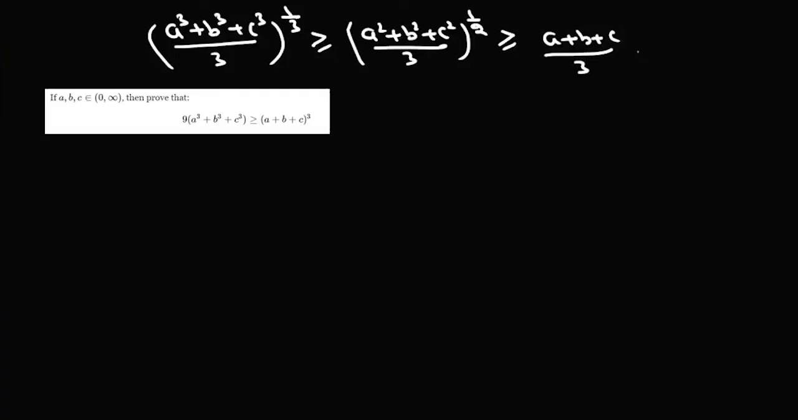Say for example, it says if a, b, c are positive real numbers. So we have positive real numbers a, b and c, and we have to prove that 9 times (a cube plus b cube plus c cube) is greater than or equal to (a plus b plus c) whole cube. We can solve this question using mth power AM. Here we are going to solve it using power mean inequality. Now we know that